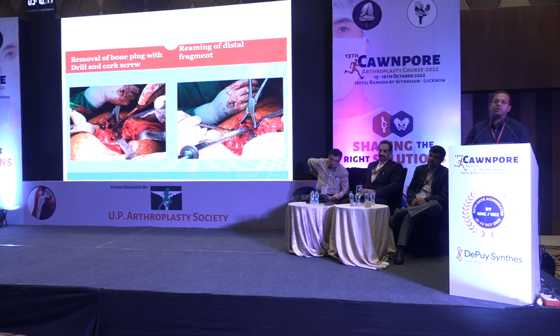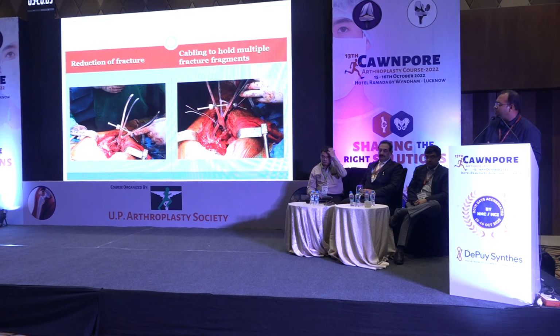So like a trauma concept, we have to bring these moving pieces together to smaller pieces, single moving pieces, and then kind of couple them together. So first of all, we reamed the distal fragment and took a provisional size. Then we used the forceps for reduction of the fracture, and we used cables instead of SS wires, and I found cables have a better hold than the SS wires.